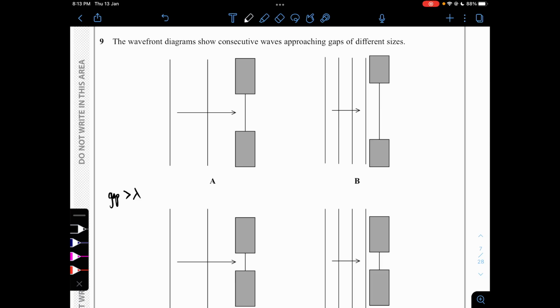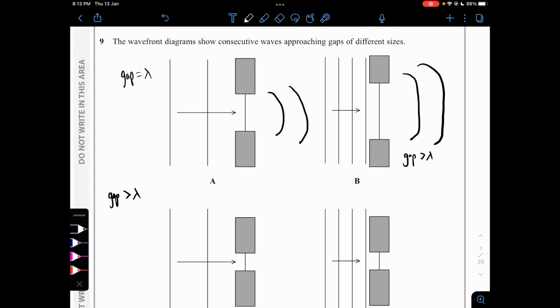So in A, the gap is equivalent to lambda, so we will get semicircular waves. But in B you can see that the gap is greater than lambda, so you will get something like this,